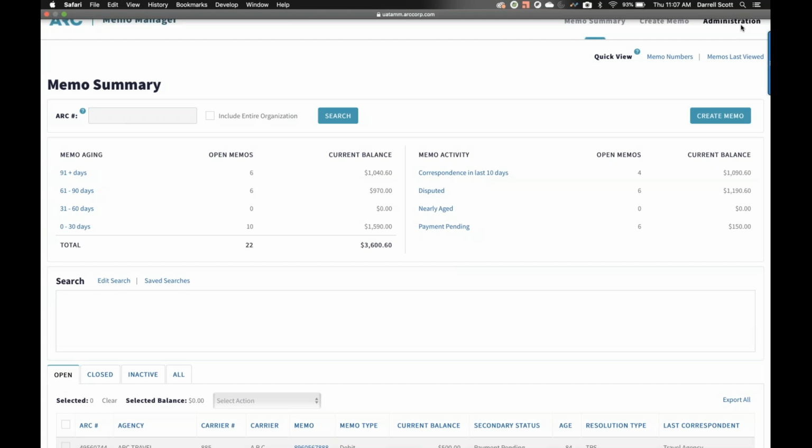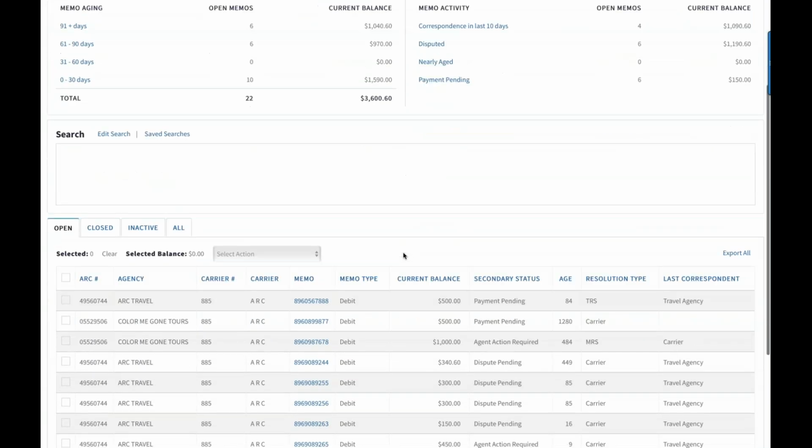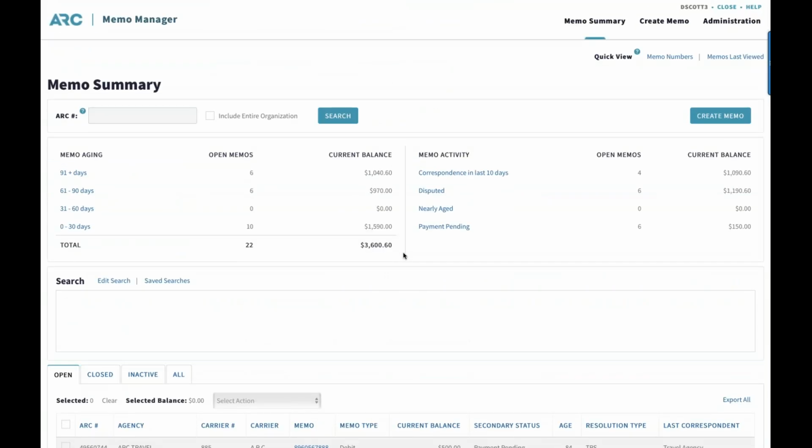Okay, thank you. So here I'm logged into Memo Manager. So this is the new look and feel of the Memo Manager. It looks familiar. Again, we are taking advantage of our ARC's corporate branding, our color schemes. You'll see different navigation buttons that will make it easier for you to navigate within the application. Scrolling within Memo Manager is a little bit easier, more efficient. But again, the functionality remains the same. It's just a facelift. So I'm going to walk through some of the key functionalities that you as an airline